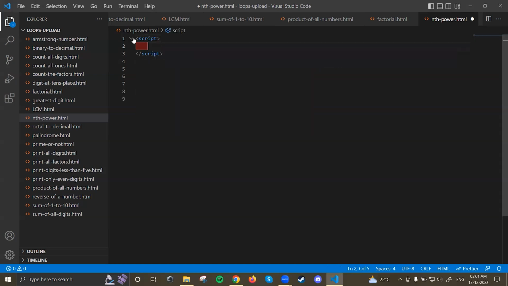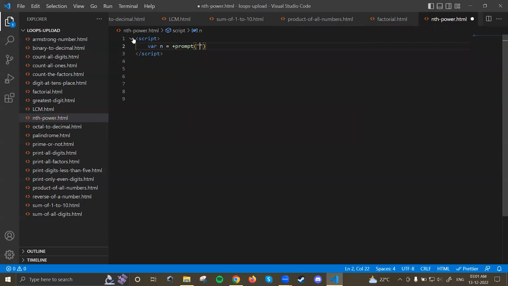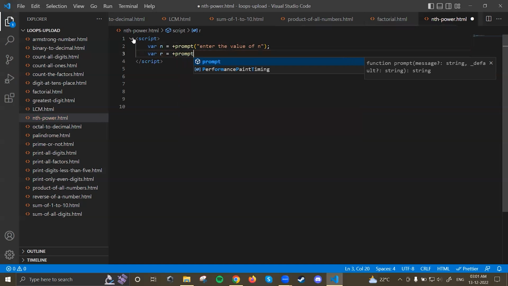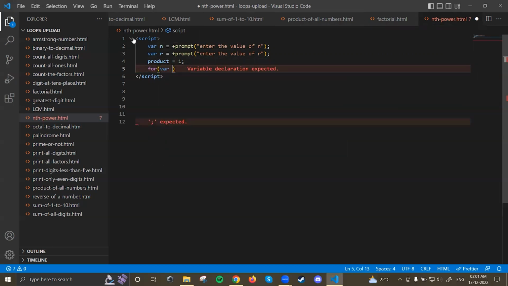So in the script, where n is equal to prompt, enter the value of n, then where r is equal to plus prompt, enter the value of r. Okay, now we'll have product, where the product will be stored. Product is 1. So we'll use a for loop where I is equal to 1,